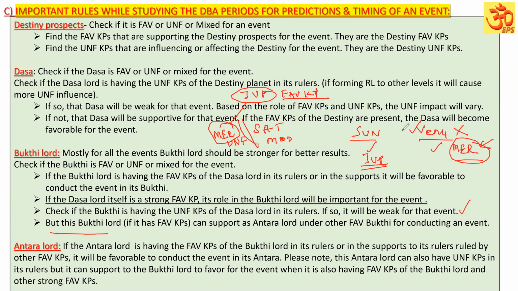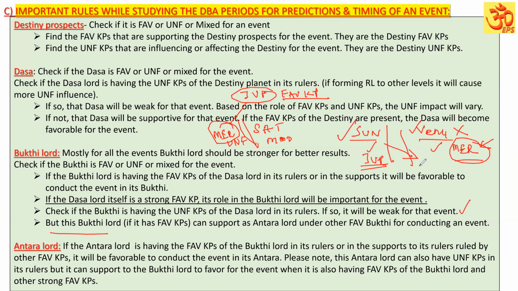But since it has all other favorable good key planets in its rulers, that Venus can act as the Antra Lord for another Buddhi, which is comparatively better under Jupiter. Suppose Jupiter Dasa, Sun Buddhi is good, better than Venus. So Jupiter Dasa, Sun Bukti will be favorable for the event, but in which Antra? That other Antra, which also has favorable key planets, but has some weakness with the unfavorable key planets of the Dasa, that can support the Sun